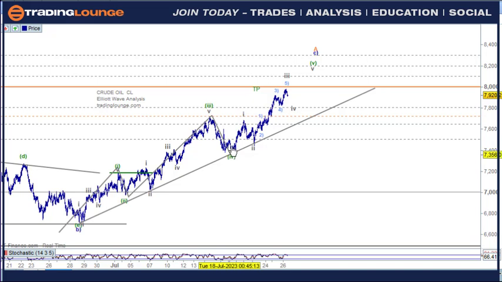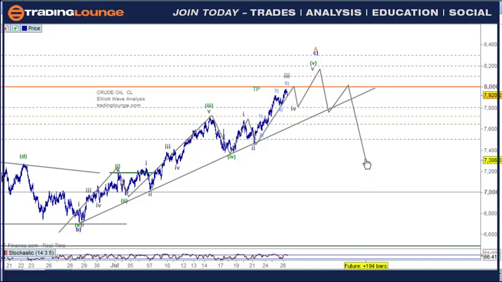4, and then we're going up for 5 here, which is 1 and 2, and then there'll be 3 and 4 here, and then 5 at this point. Once that 5th wave comes in, then we could move down from here. That's possible. We'll talk about that in a moment. There are 2 things that could occur here. One of them is that we pull back